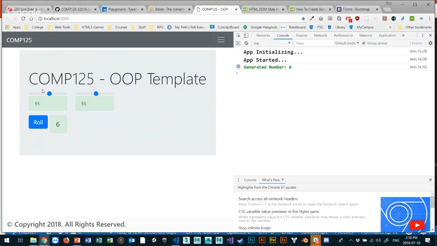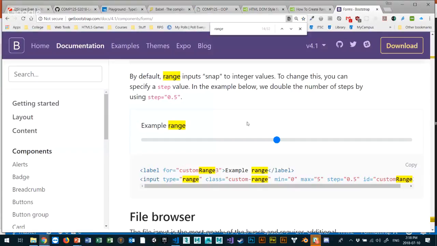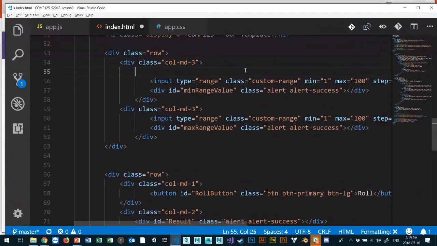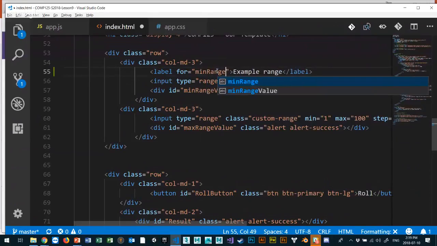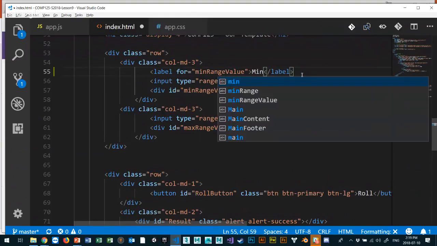One more thing I want to add in to finish off my roller. I want to put the name, min and max. Min value, max value. So that's on the index.html side, where I want to put a label. And to get an example of the label, I'm going to go to Bootstrap because they have a label. It looks like this, right? I could have got this from anywhere. Min range value, right? And this will be min range